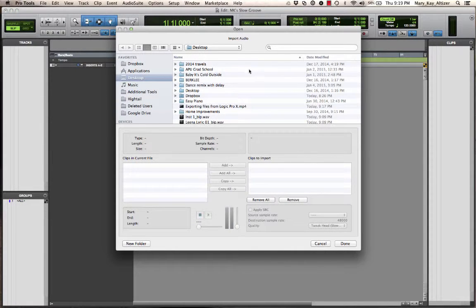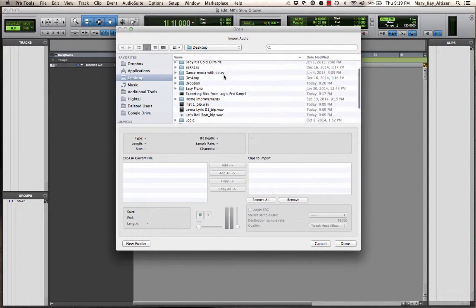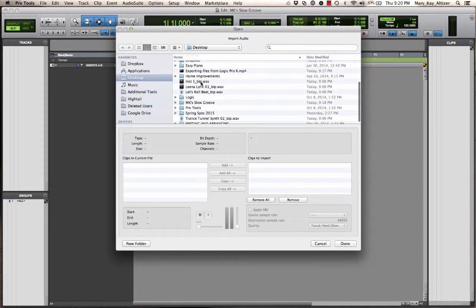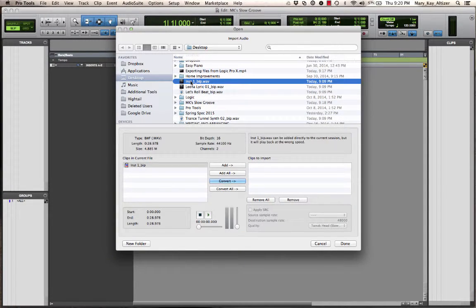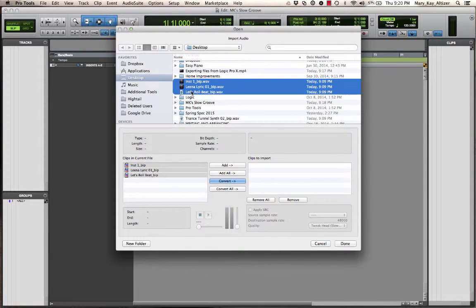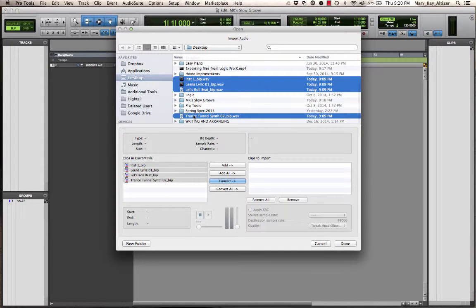And you will see that I have a menu of things I can choose from. So I'm basically going to go search for all of these files that I just recorded. And there's one, and if you hold down Command and click, you can choose which ones you want. So I've chosen the 4 that I exported, and Pro Tools reads them